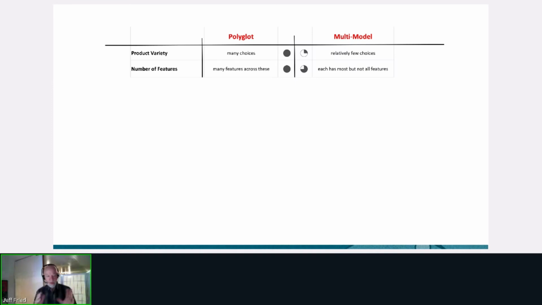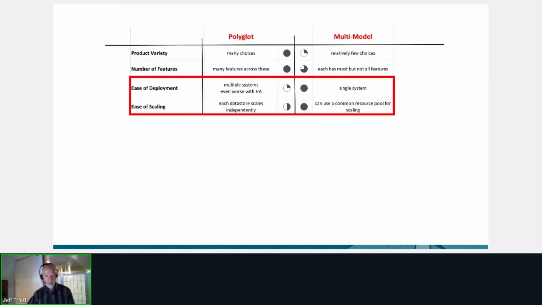And because of what I just described, if you look at the difference in product variety, there are fewer choices. There are mainstream choices, for sure, but not the 360 different varieties. And a multi-model database may have most, but not necessarily all of the features of each underlying data model as compared with a collection of specialty stores. If you look at things from a deployment perspective,